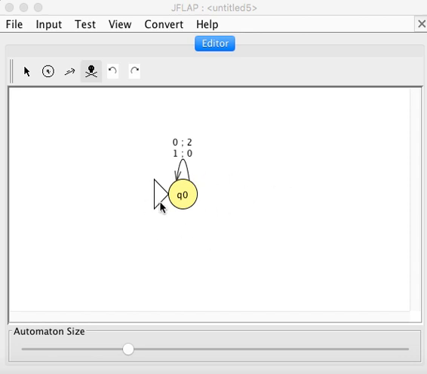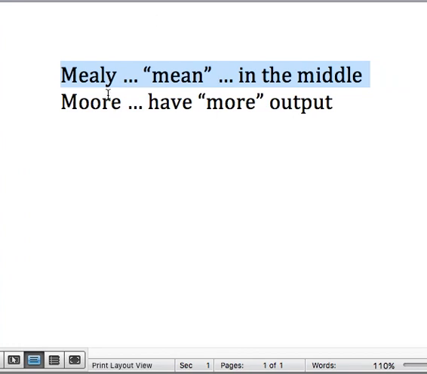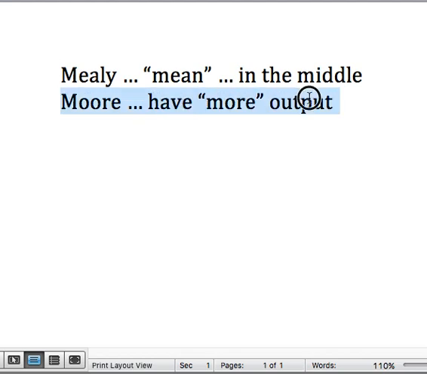So again, this was our Mealy machine, right? A Mealy machine has the output on the transitions. You've got my goofy mnemonic, right? A Mealy kind of sounds like mean, in the middle. So we think that the output is when you're in the middle between states, on the transitions, whereas Moore machines